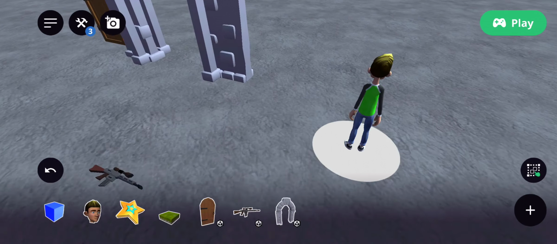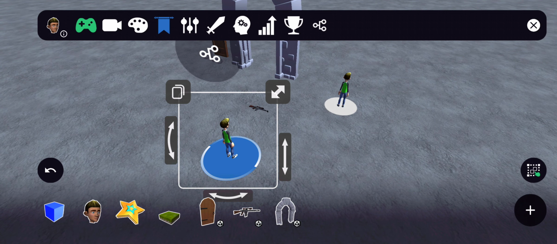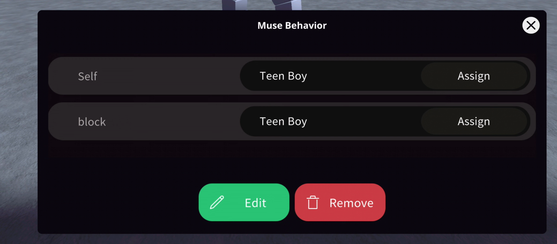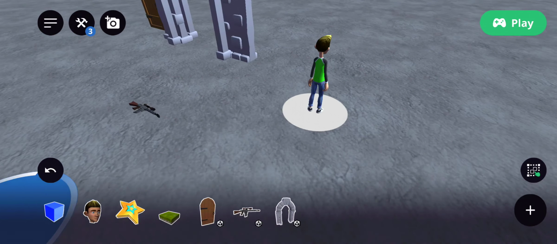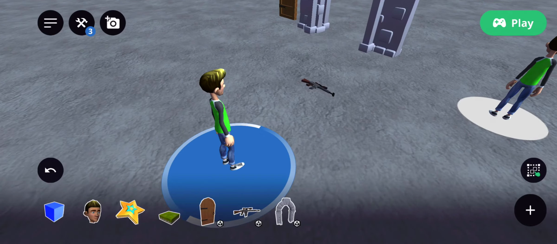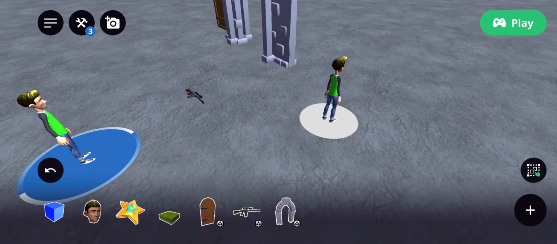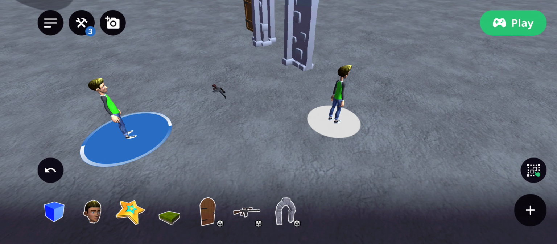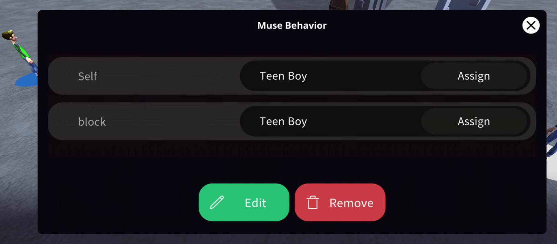So yeah. So that's what it does. If you want this team to win, then set it to blue team. If you want this team to win, then set it to the neutral team. So yeah, that's basically what it does. And we're going to go to the next note,